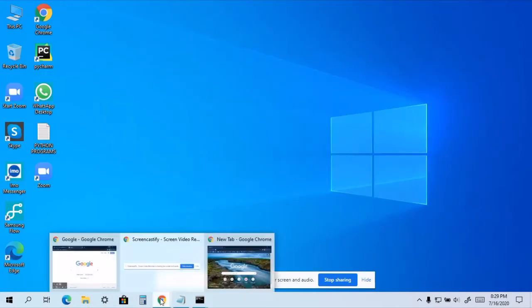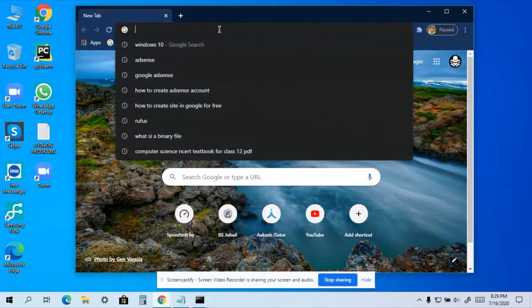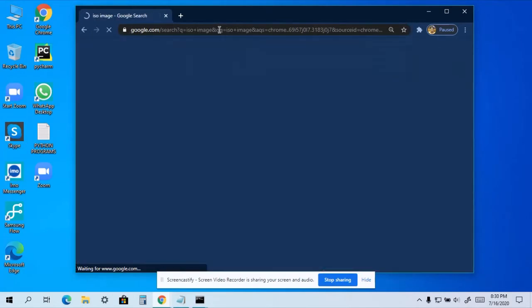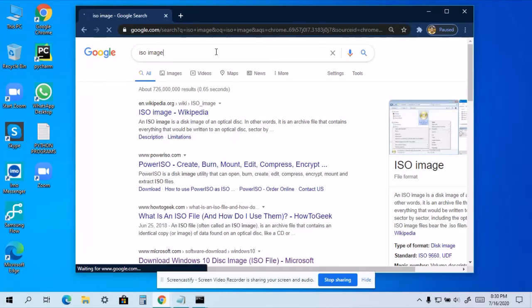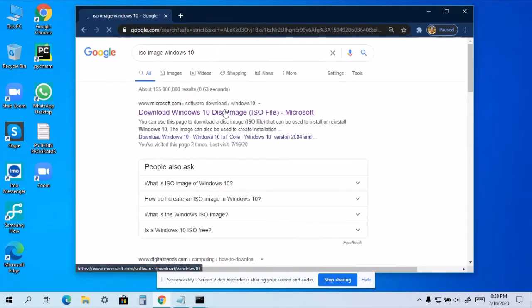Once you download Rufus, after installing Windows 10 from that tool, you need to create an ISO image. There are many YouTubers who have explained how to create an ISO image. You need to create an ISO image of Windows 10.